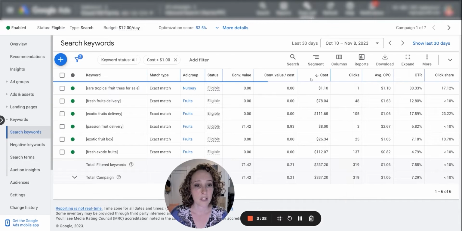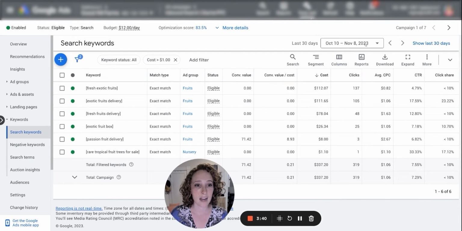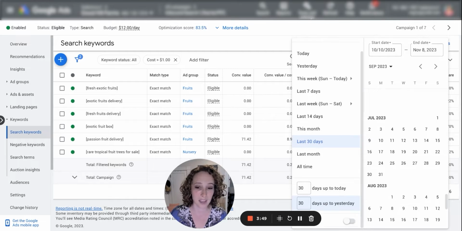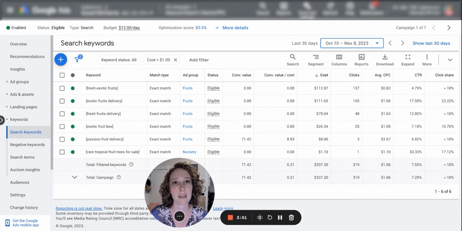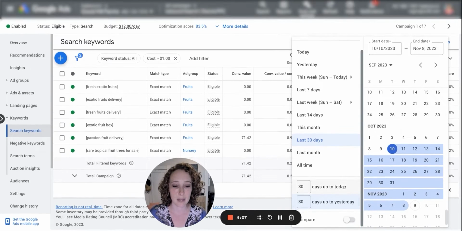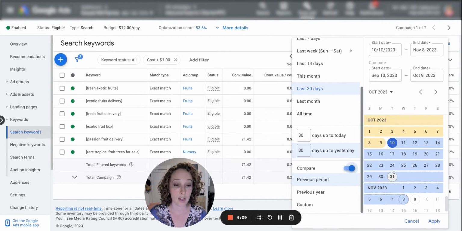All right, guys. So I'm going to sort by cost, and I actually want to see more data than this, because this is only $340 in the last 30 days. Again, this is not a big money spender compared to our other campaigns. The client is spending under $5,000 overall, because at StarterPPC we manage businesses that have budgets of $5,000 or less. But even still, within that small budget, this search campaign is spending not as much as